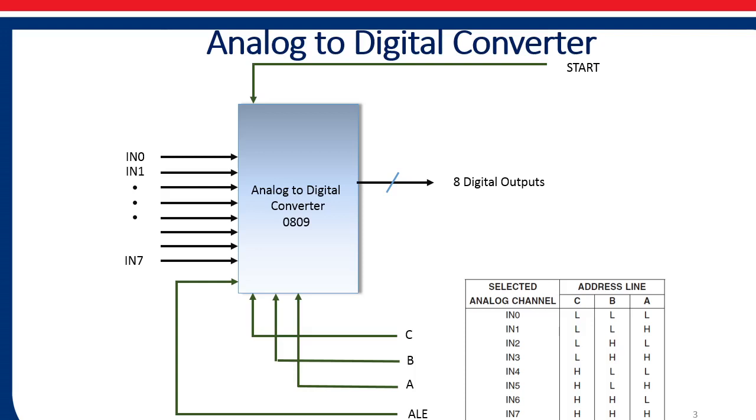When the conversion is completed, the ADC will indicate it by setting a bit called EOC. EOC stands for end of conversion line. So when EOC is equal to 1, we can say that the conversion has been completed. Now the ADC will take 8 clock pulses to convert the analog quantity into digital equivalent, and this ADC is of a successive approximation type.